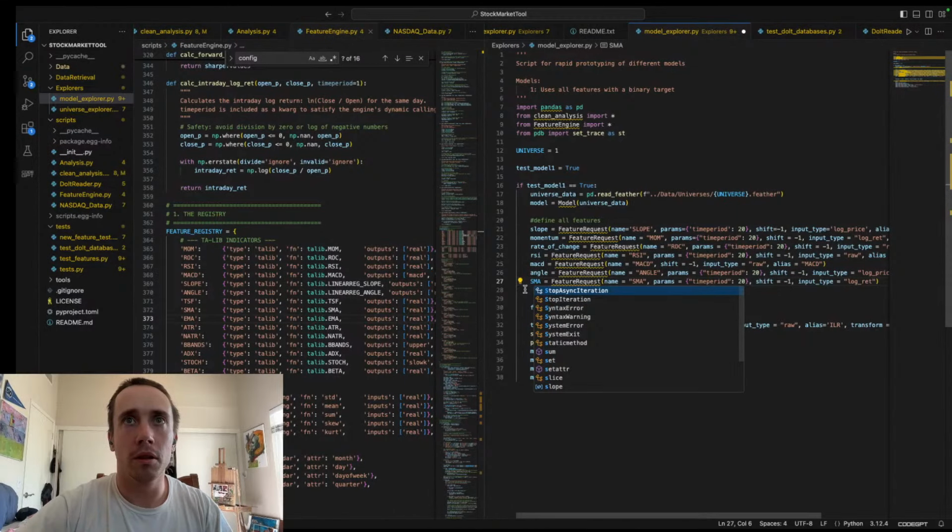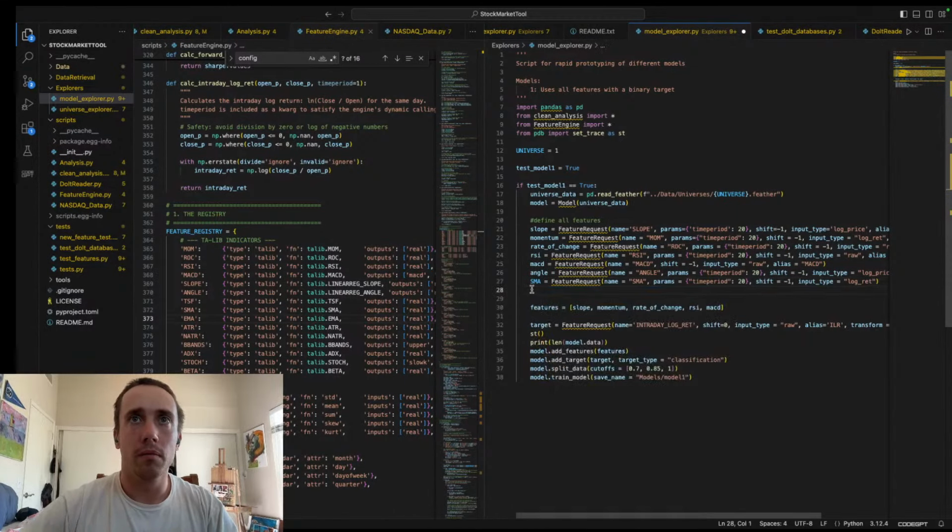Call that SMA. EMA is feature request. Name is equal to exponential moving average. Params equals